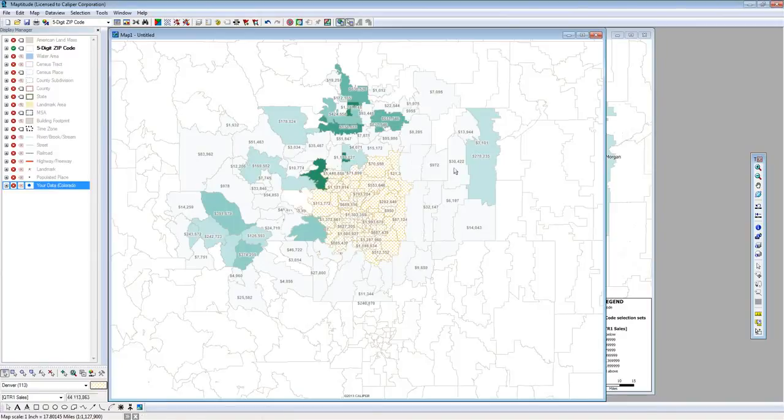I got a little out of hand there when I was selecting. So this is my Denver region. It has 112 zip codes in it. Now I'm going to go on and create Denver North. So I choose Denver North from the drop-down, choose any selection tool that I want,